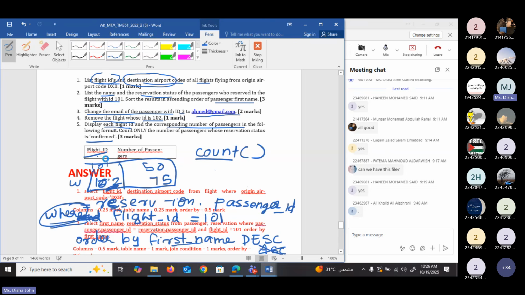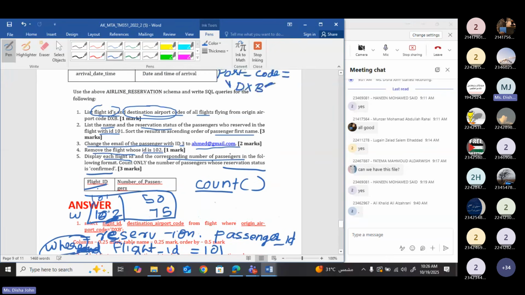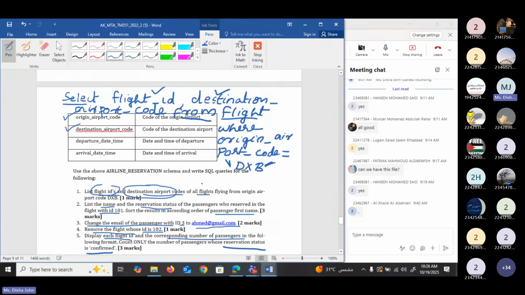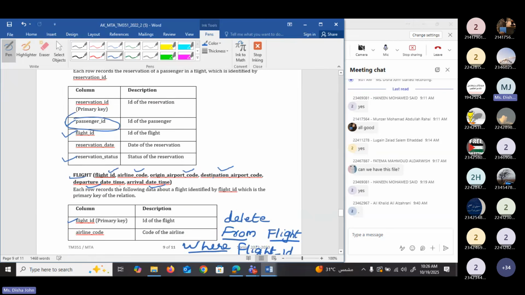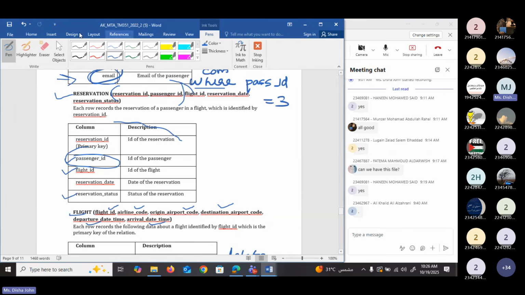Then we need flight ID and also the reservation status. So we have to check from which table we can get the passenger ID and the reservation status. If you come here, you can see in the reservation table we have the passenger ID and the reservation status. So we can use the reservation table.